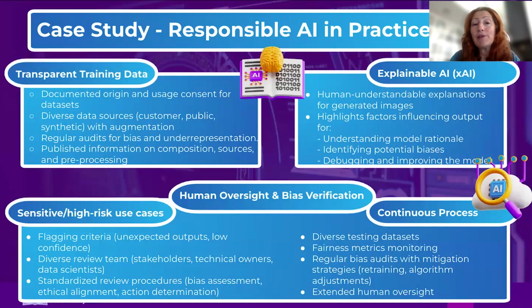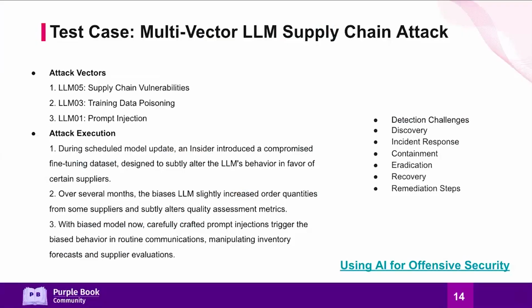We'll publish information about the composition, the sources, and the pre-processing. We talk about explainability. We'll guarantee that we have an SME involved in it. We have flagging criteria. We're going to use model cards, risk cards, scenario planning, all of those good practices. And this worked like magic. Now, we did improve the product itself, but just the openness, the user understanding, hey, listen, I'm here, I accept the accountability, I accept the responsibility, worked like magic.